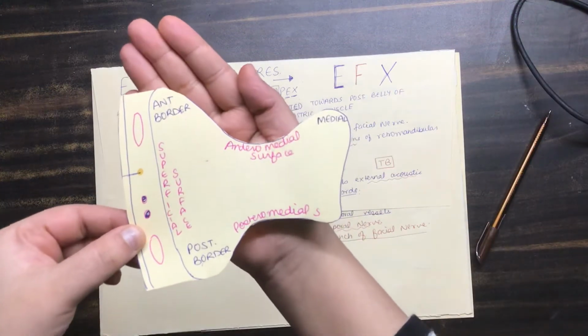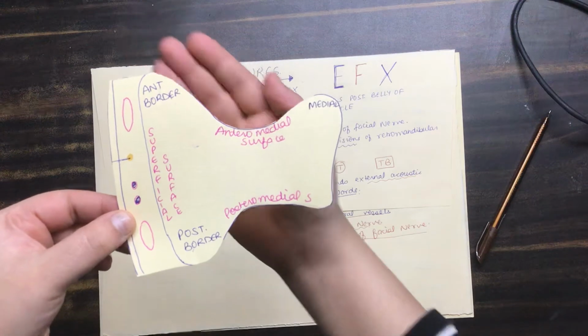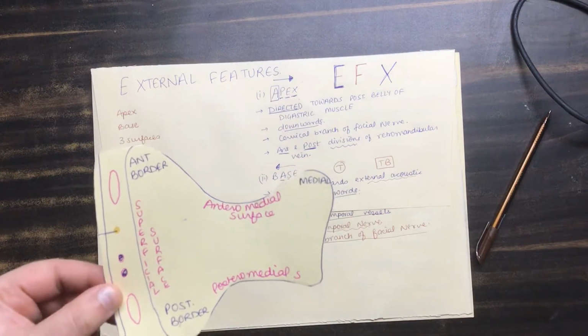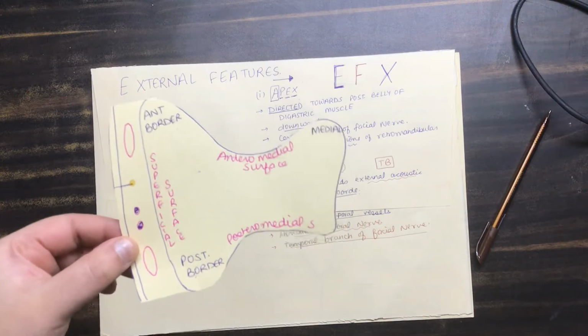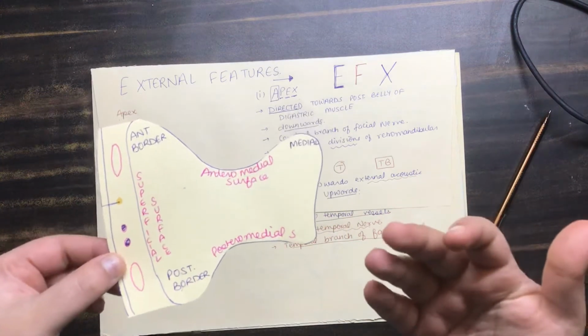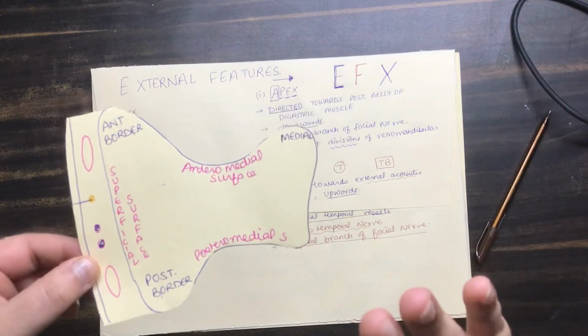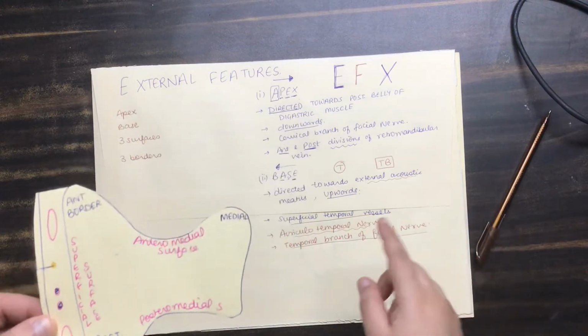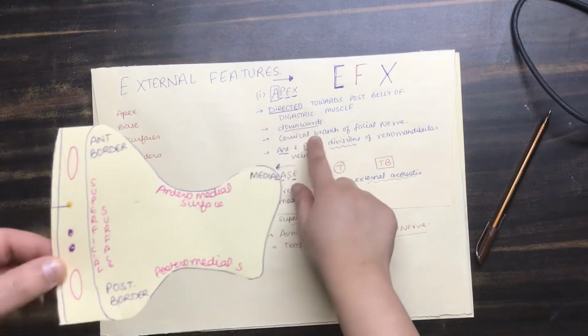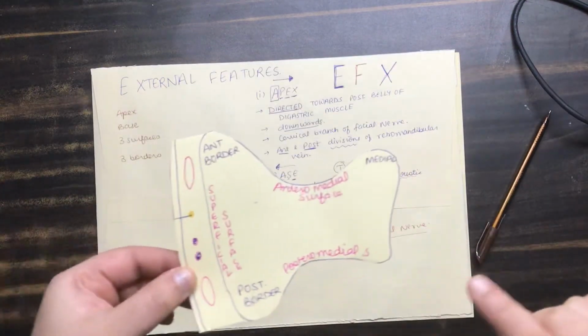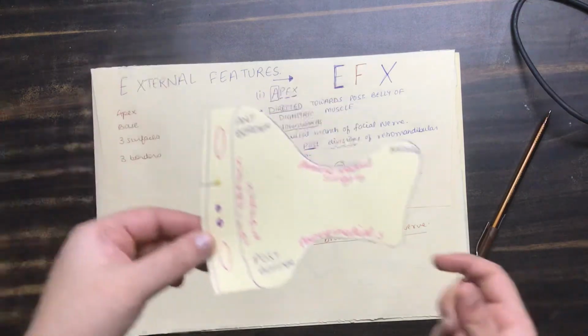Now the anterior border is a very important border because it is going to contain the parotid duct, the accessory parotid gland, the accessory parotid duct, and also all the branches of the facial nerve except for the cervical branch of the facial nerve, which is involved in the apex of the parotid gland. So that is why we say that the anterior border is a very important border. I will write down all the points which I have told you.